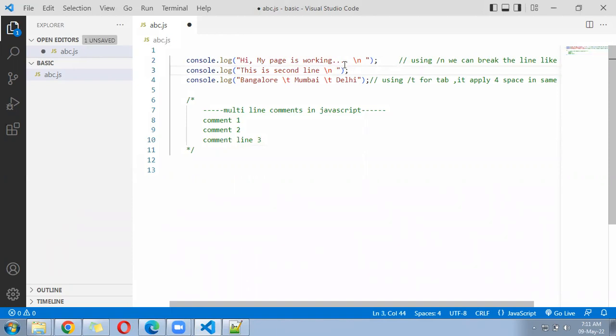Okay, next what we have to do? Next we have to create another file. In that we will understand, in JavaScript,